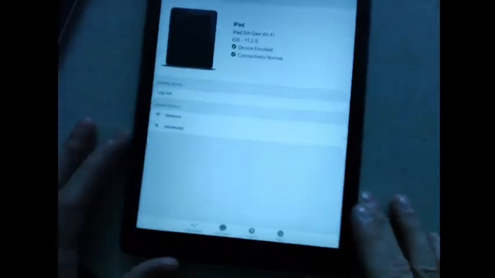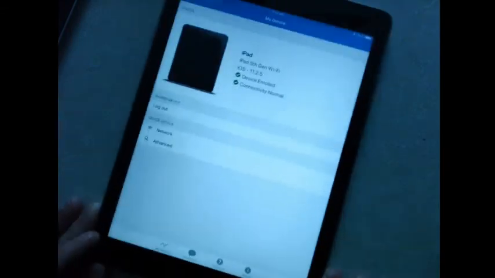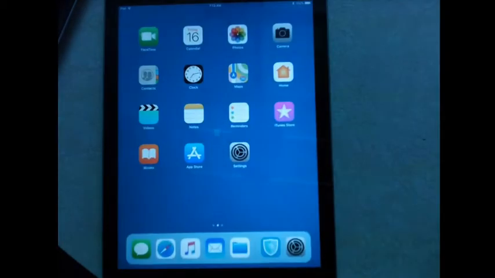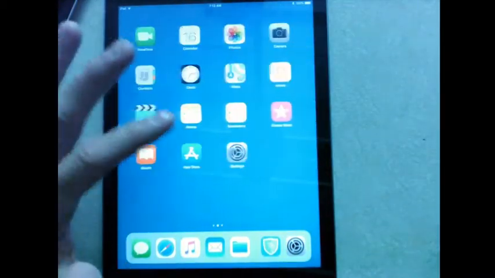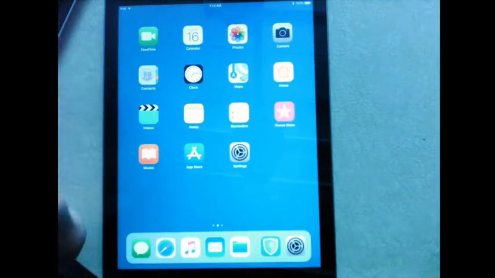So now I'm signed in. I know that because there's actually a log out button there. But what will happen now that I'm logged into this AirWatch agent, let me see how I get this in frame. There we go. And I press the home button. There's my App Store. So all the restrictions that were on this iPad are now removed temporarily.